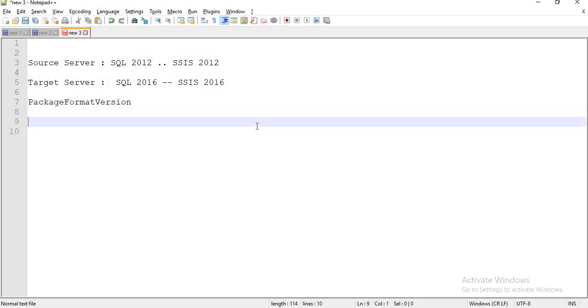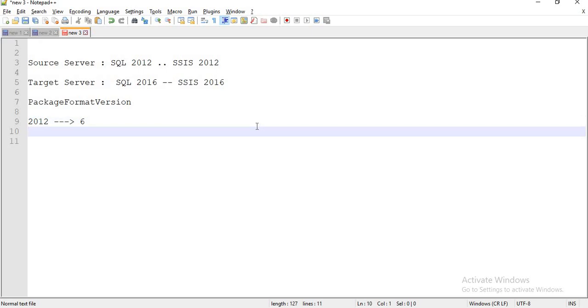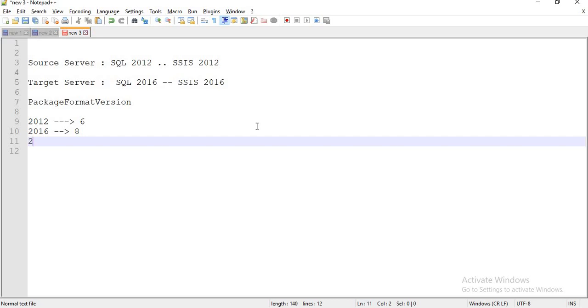If my package is 2012, then the version is 6. If my package is 2016, the PackageFormatVersion is 8. The same number is used for 2017 as well. That is the reason why I said there is not much difference between 2016 and 2017.